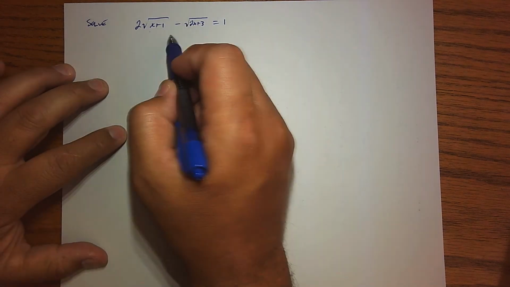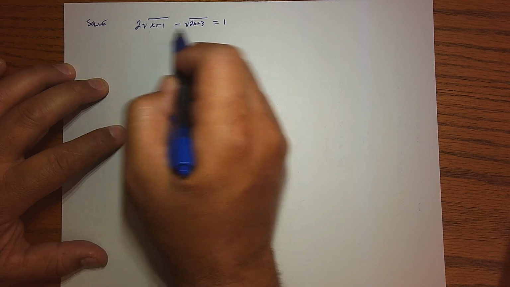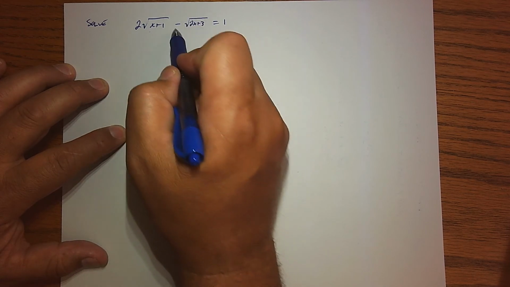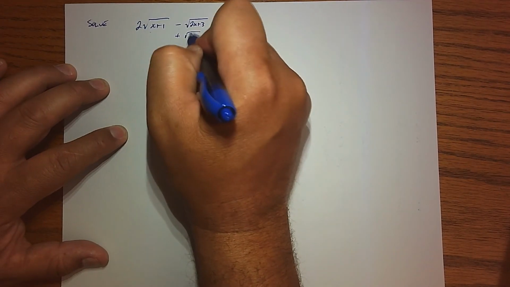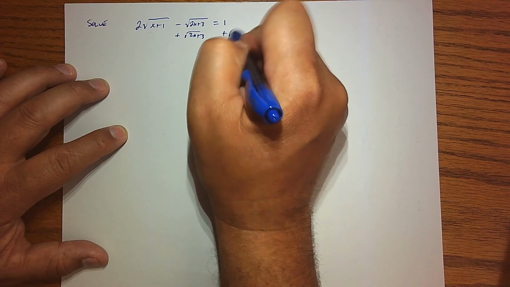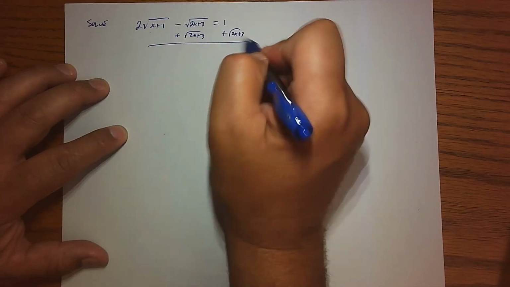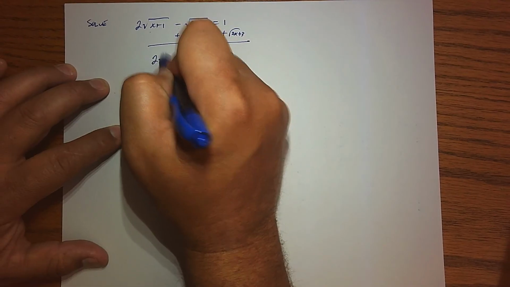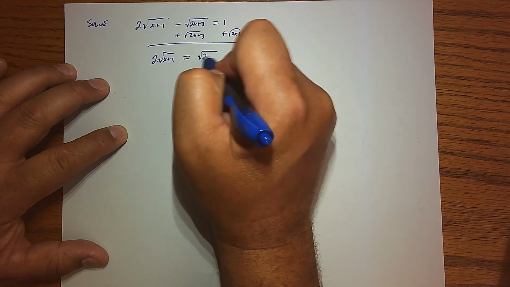When we try to figure out which one to isolate, there's basically a lot going on in each. So either choice is a pretty tough one. But how about, since I'm subtracting there, we usually know addition's a lot nicer. So how about I go ahead and add that radical to both sides. So that's going to give us the new equation, 2 times the radical x plus 1 equals the radical 2x